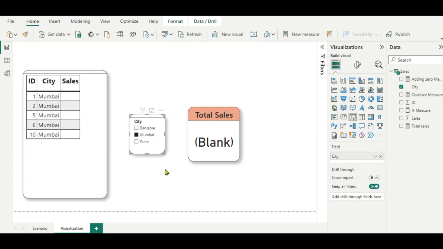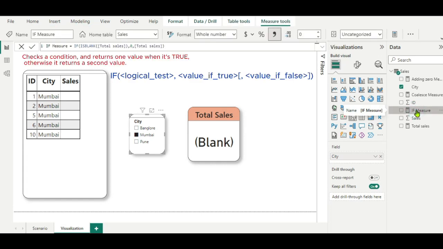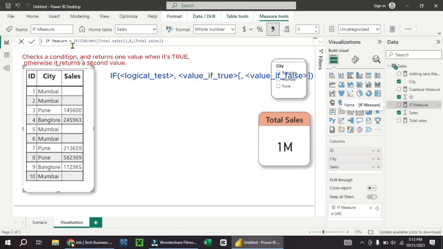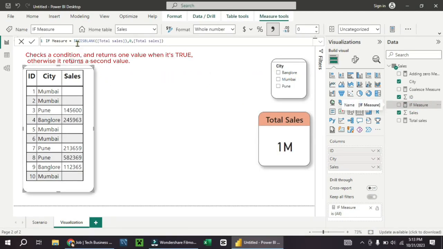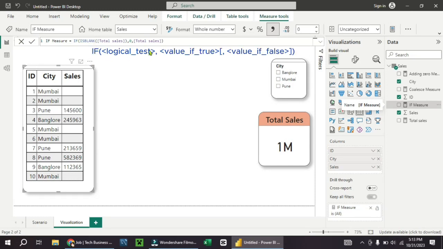So let's solve it. For that, the first measure we are going to create is by using IF. I have already created the measure, so let's see what it is. The IF logical function has 3 parameters. First parameter is the condition, second parameter is the true result, and third parameter is the false result.